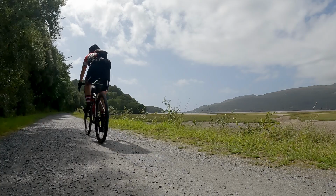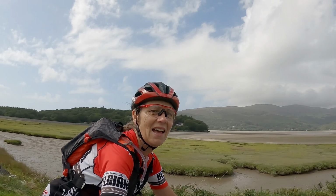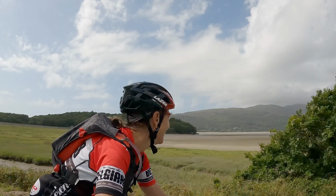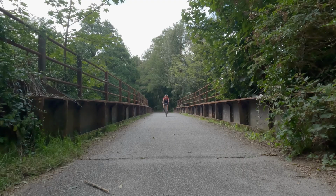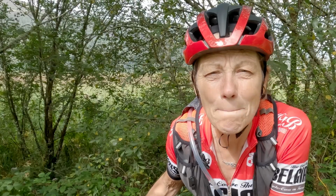What a ride! And you've got this fantastic flat picturesque bit at the end. What more can you ask for? Come on. What an amazing